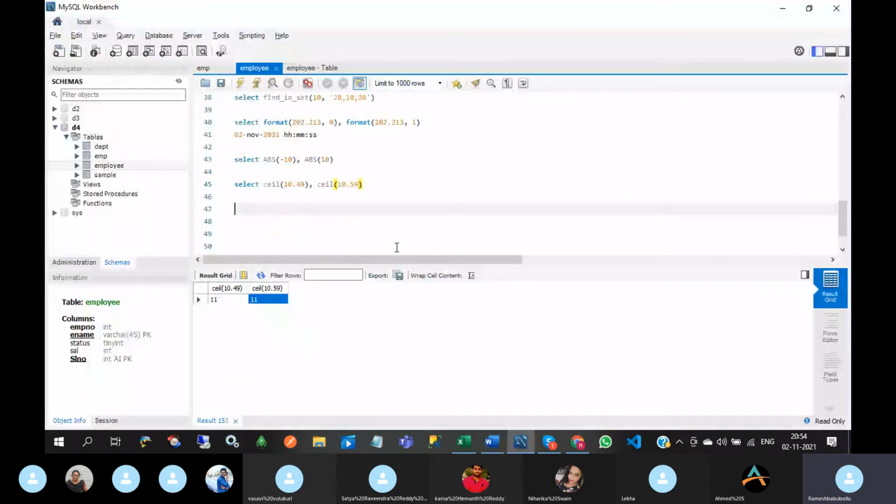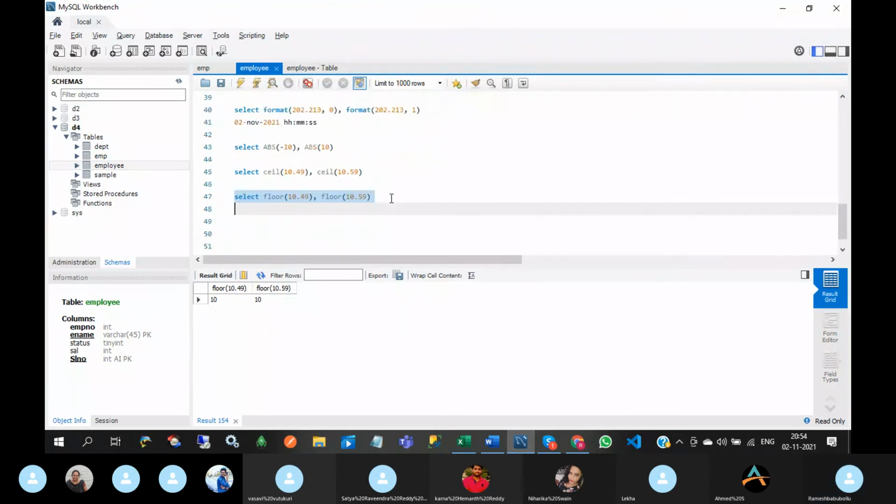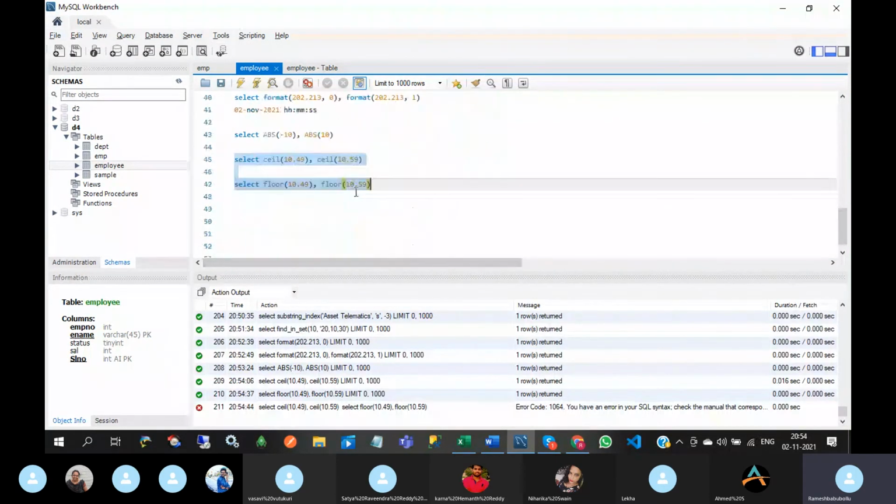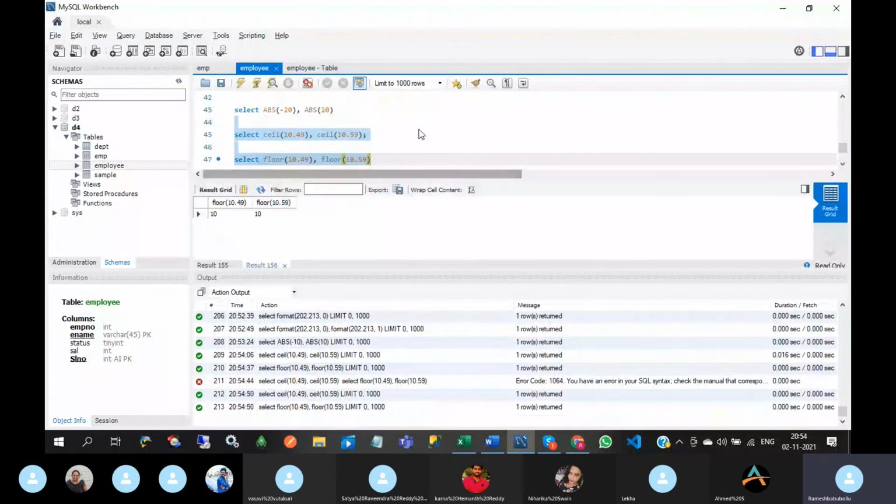Next, floor. Same example we will give. Floor. See this. It will take 10 only. It will return 10. But if you use ceil, then it will return 11.